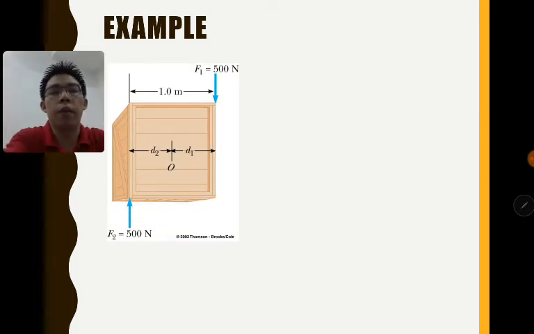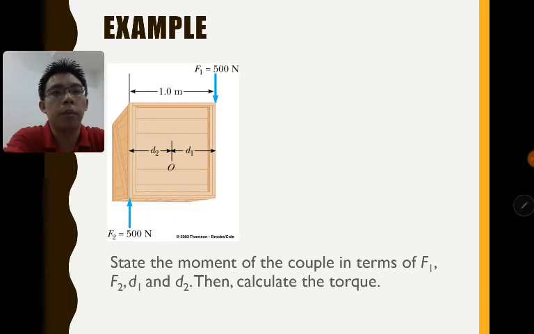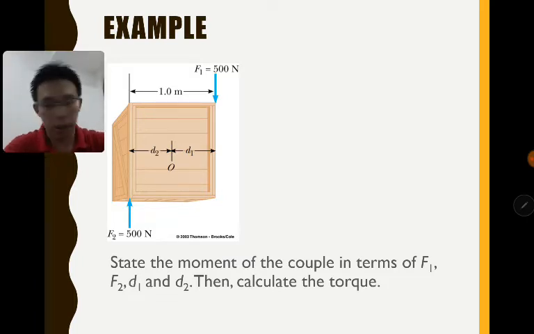Right, so now we have an example related to calculation. This box here, 500 Newton, is separated by D1 and D2. So these two forces, basically, they are coupled. State the moment of a couple in terms of F1, F2, D1 and D2. Then calculate the torque. So from yesterday's idea, basically you have